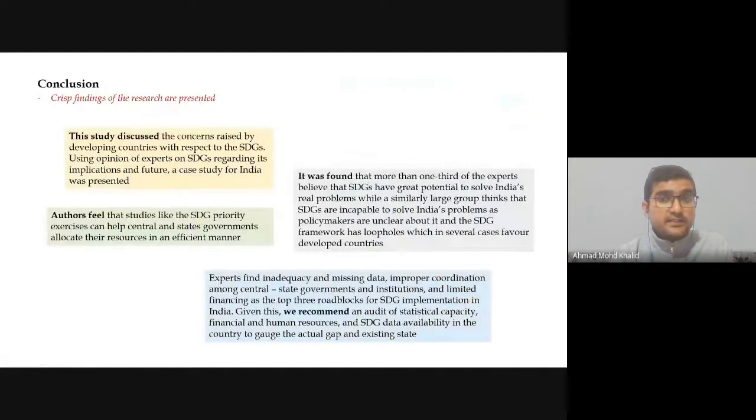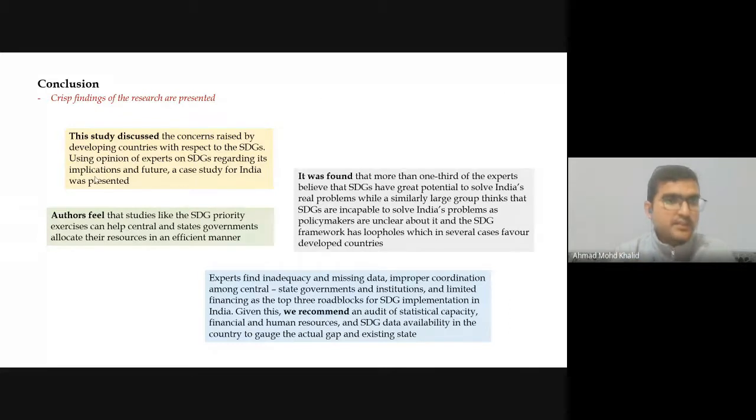Then one of the last parts is the conclusion. What are we going to talk about in the conclusion? In the conclusion, you have to be very crisp and present the main findings of your work. You talked in detail earlier, you introduced the problem in the introduction, you talked about the methodology of the study, then you had your detailed results, graphs, figures, and tables. Now in the conclusion, you're simply putting the main findings of your work.